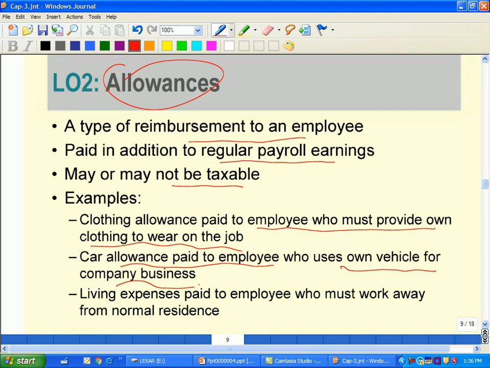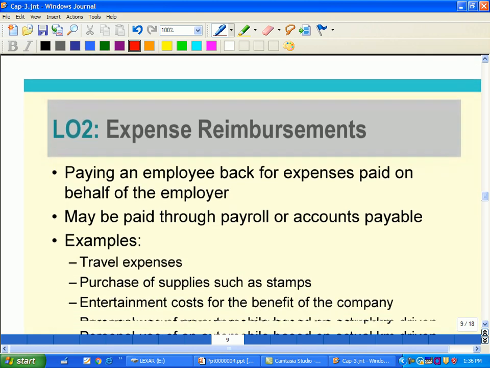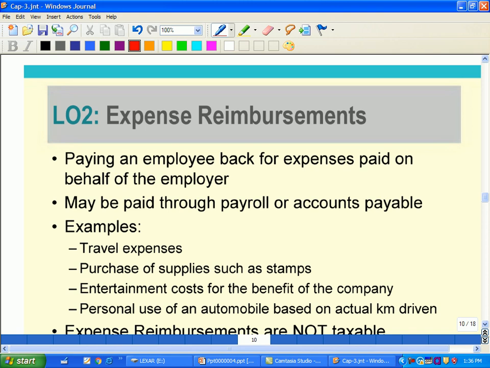So, then the company gives them some allowance in monetary terms to cover their expenses. Some living expense is paid to an employee who must work away from their normal residence. Sometimes you may have to go to another city, and the company has to compensate. Okay. So, expenses reimbursement is another topic: paying an employee back for expenses paid on behalf of the employer, which may